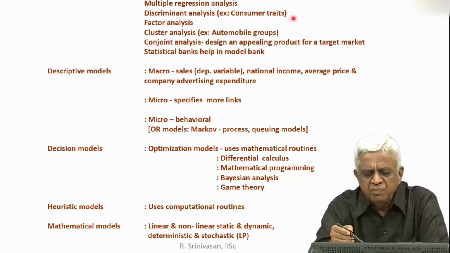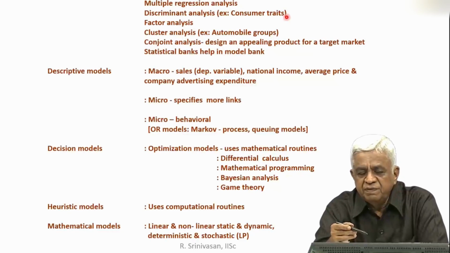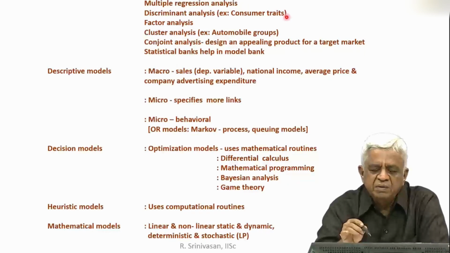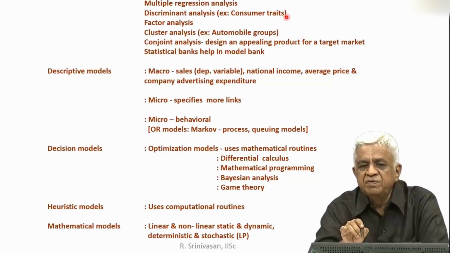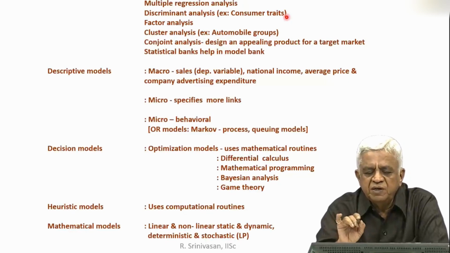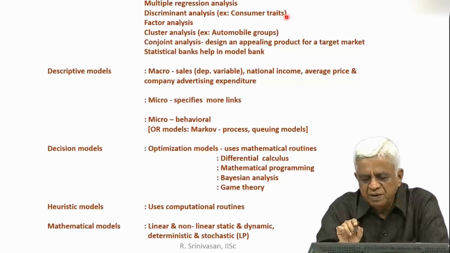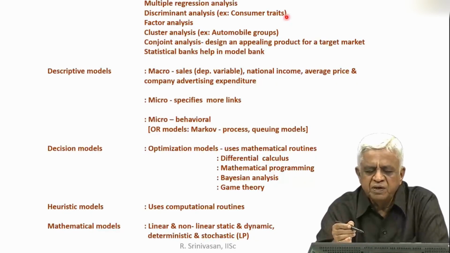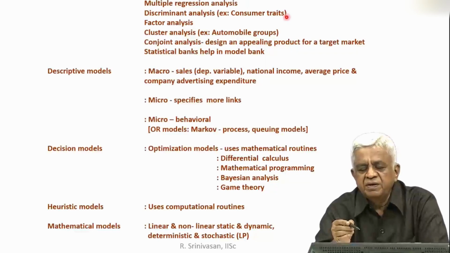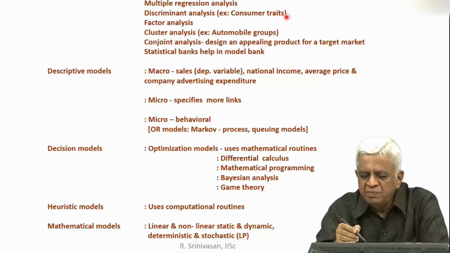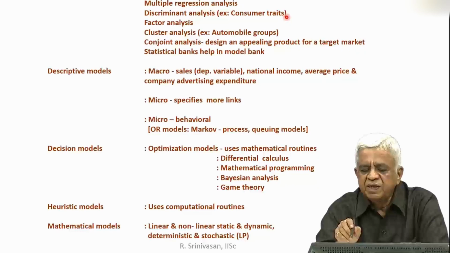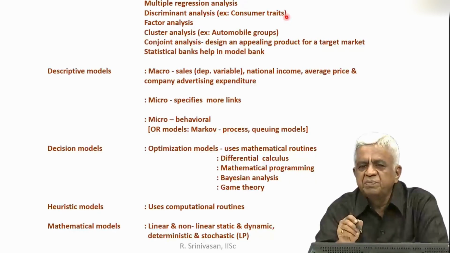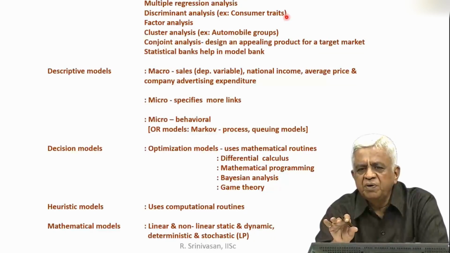What do we mean by multiple regression analysis? We are looking at, for example, the demand for a product in terms of different variables which are likely to influence demand. Take the demand for any product. The likely variables which are going to affect or influence the demand will be the price of the product, one. Second is the availability of the product. Third is the disposable income of the consumer to take this product. Like this you can keep on listing.